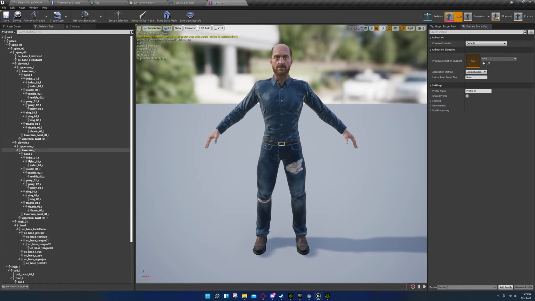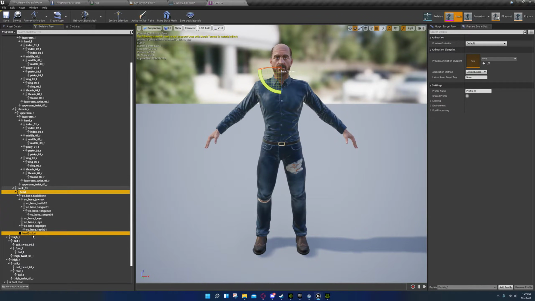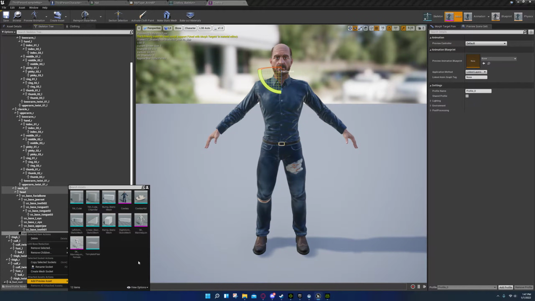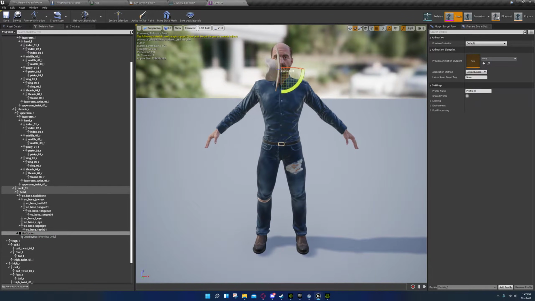and scroll down through here until you see head, add a socket, that'll be his head socket. You can rename it something else like, let's see, hat socket maybe, and then right click and add preview, go to cowboy mesh, and then what you're going to